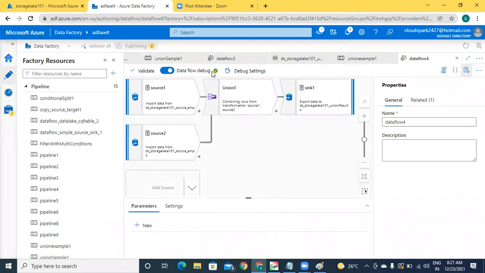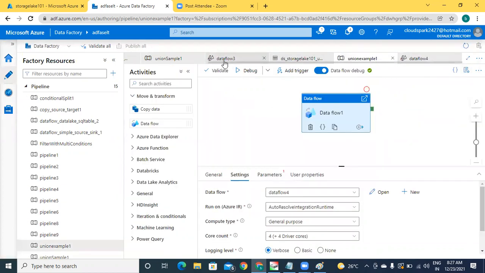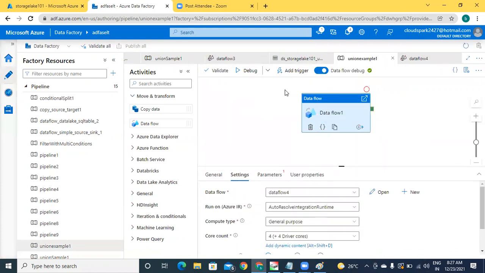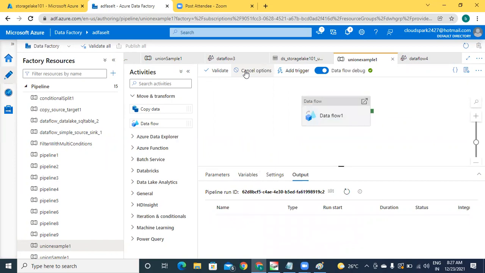Okay, publishing completed. I'm going to run that. Come back to the pipeline. Better practice, always click on validate first. If validation is successful, go to debug mode. Execution started, that is in progress.